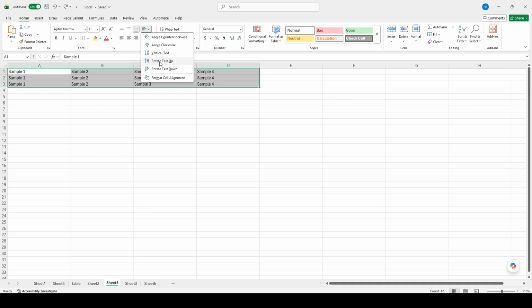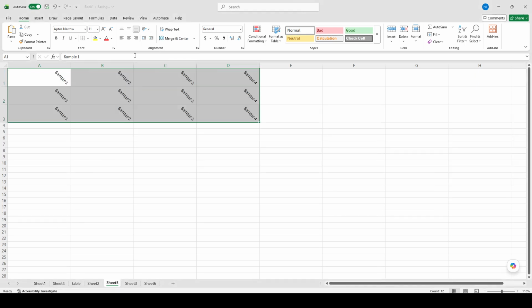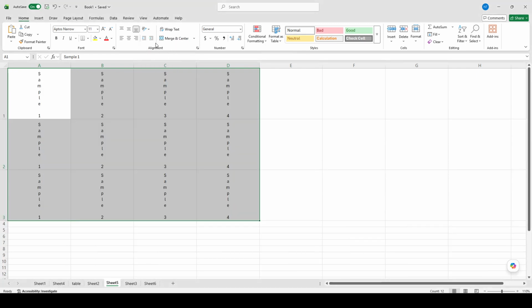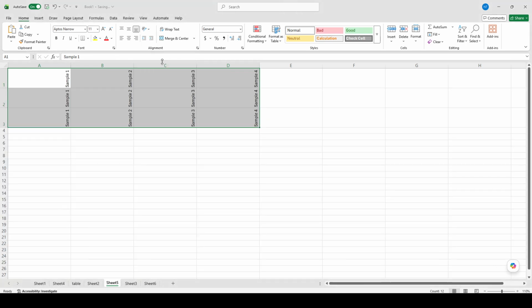Angle counterclockwise tilts the text upward, which can be useful for narrow column headers. Angle clockwise tilts the text downward and can create a similar effect in the opposite direction. Vertical text stacks the letters from top to bottom, which is useful when you want to save horizontal space. You will also see Rotate Text Up, which turns the text 90 degrees upward, and Rotate Text Down, which turns the text 90 degrees downward. These options are especially useful when you want to make column headings fit into smaller spaces without widening the columns